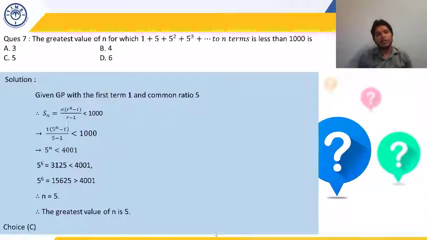Then the sum obviously will be more than that. That one term alone is greater than 1000. So how can the sum be less than 1000? So we have to take only till 5 to the power 4. So just by seeing the question, we can answer that we can take only 5 terms in this case: 5 to the power 0, 5 to the power 1, 5 to the power 2, 5 to the power 3 and 5 to the power 4. If we sum all of them, then the sum will be less than 1000. And if we take 5 to the power 5, that term alone is greater than 1000. So how can the sum be less than 1000? So no need to solve it like this. This is the standard way to solve, but in this particular question, we can solve it orally also. I hope it is clear.